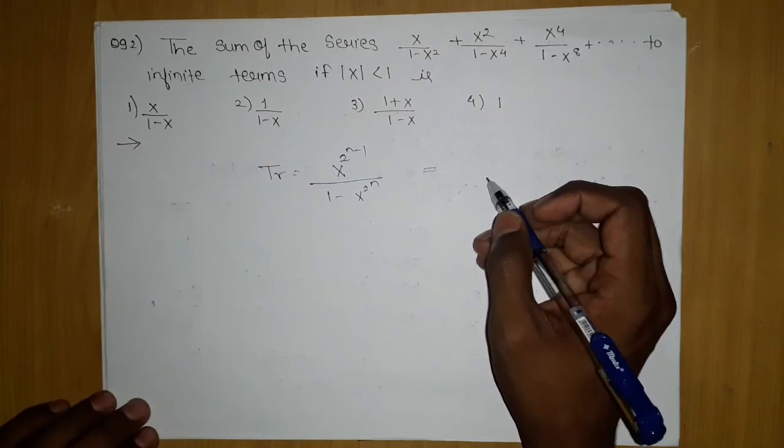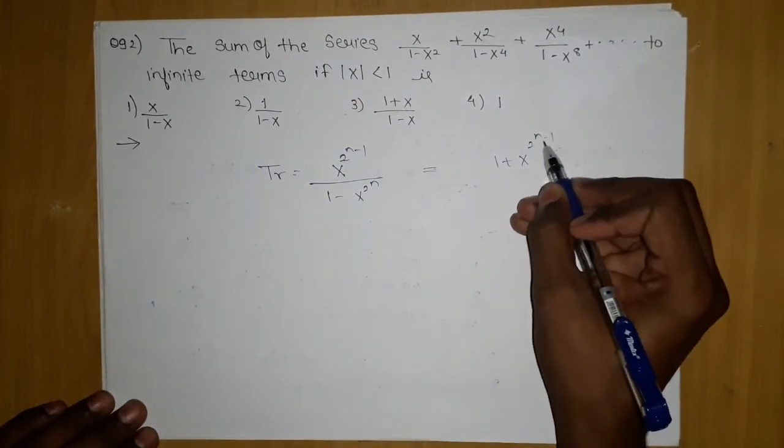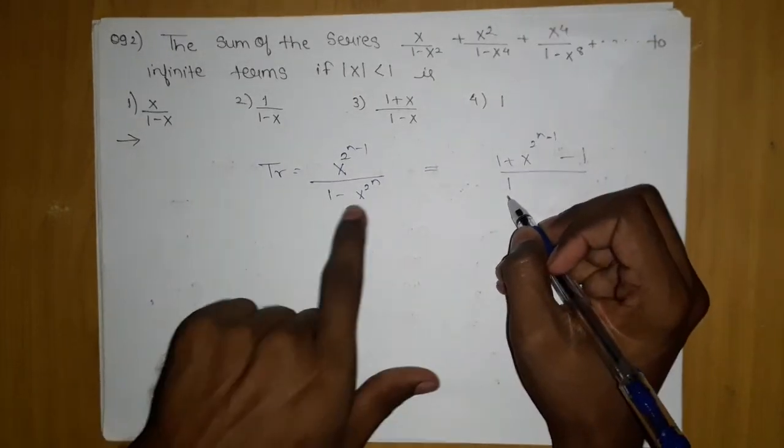Okay, you will come to know. Okay, 1 plus x, if I do 1 plus x power 2n minus 1. Okay, why didn't it 1 minus x? Okay, you will just see why it didn't. 1 minus 2 power n.